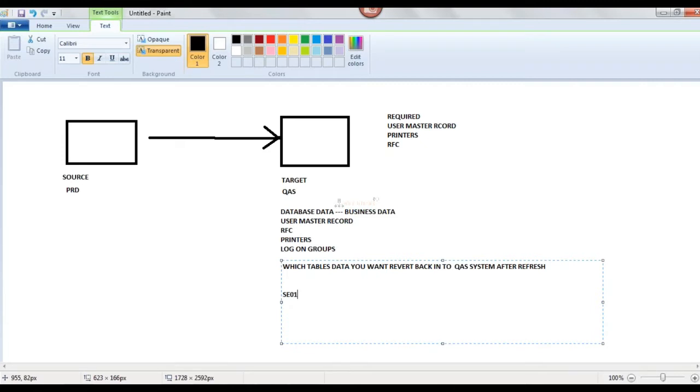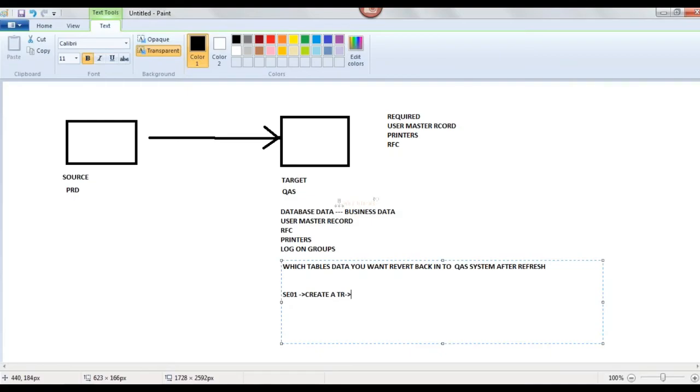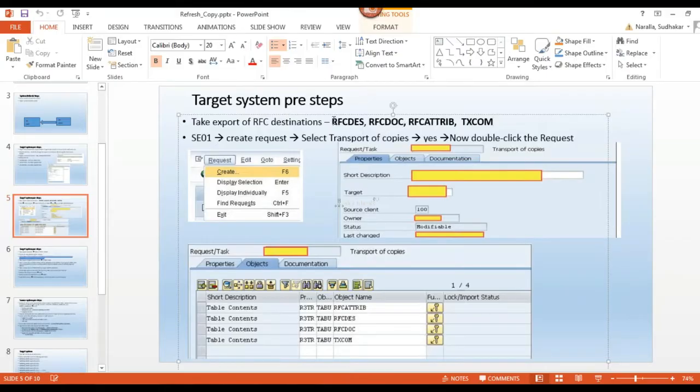In the target system, go to the SE01 T-code, go to Request and create. My intention is to take these tables data export into one transport request.